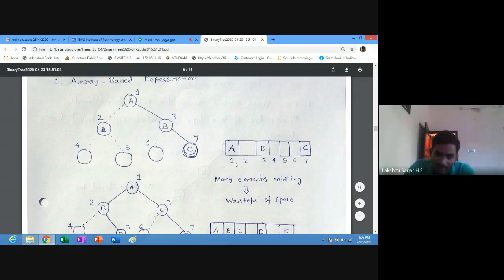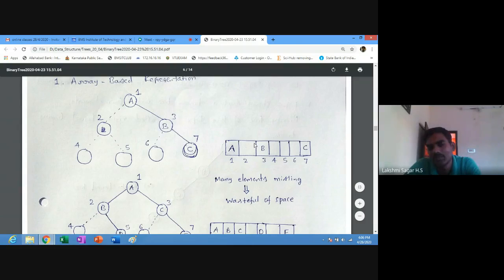The first node contains A, second empty. Next, third is B. Next 4, 5, 6 are empty. Next, seventh is C. So here many elements are missing.